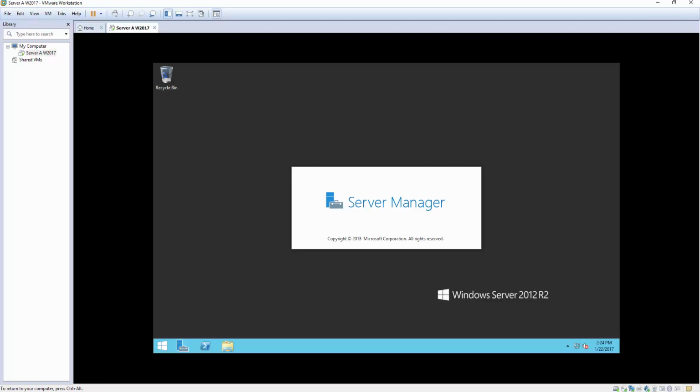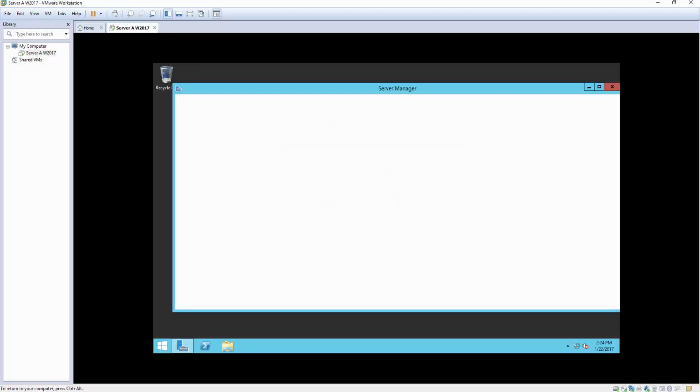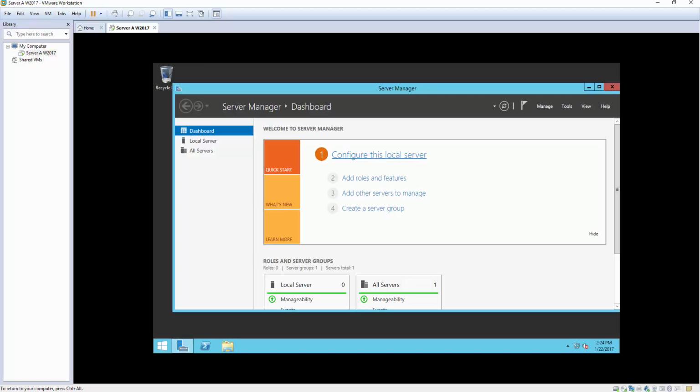Or you might have to reinstall and start over. So here we go. This is what you'll see when you log in. Anytime you log in from the beginning, it launches Server Manager. If you need to change your stuff, if you're doing option 1, you can watch that video